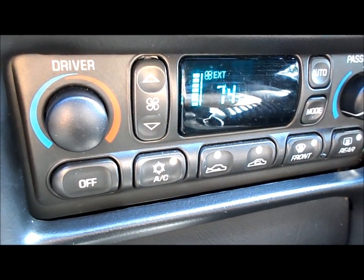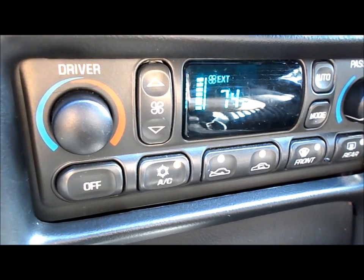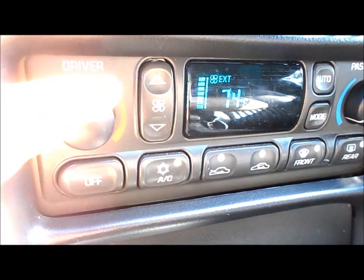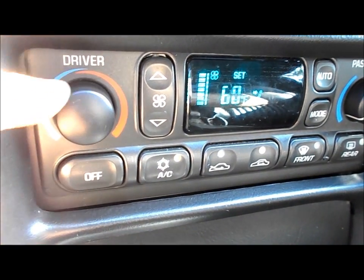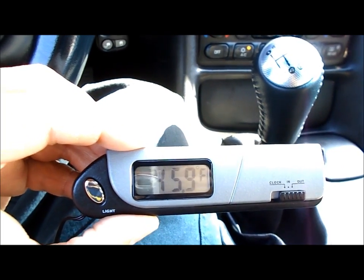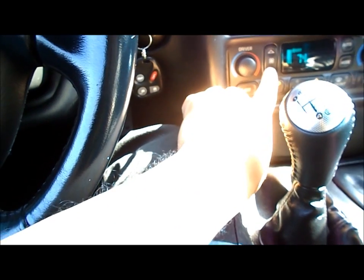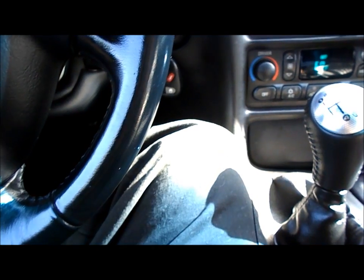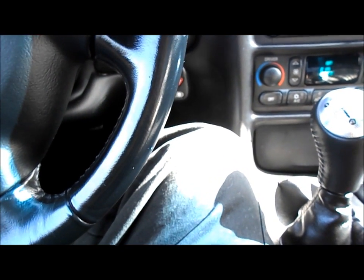Okay, one more thing before I wrap this video up. Let's go ahead and compare it to a car air conditioner, factory AC in a car. So it's on the coldest setting, highest fan setting, and the temperature is 45.9 degrees. So it's like a real car AC basically, 45.9. So it works, not too shabby. Okay, I'm going to turn this off now. So there you have it. There's the different output temperatures on the mighty Kool